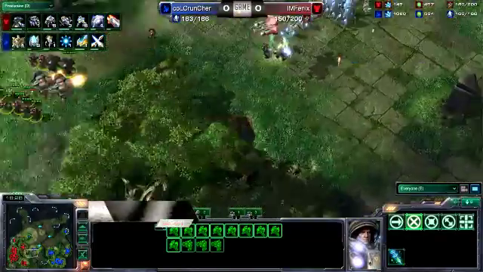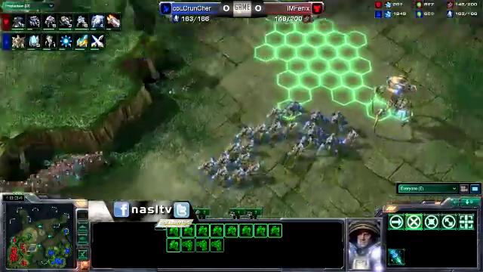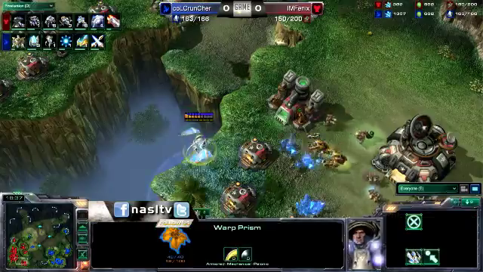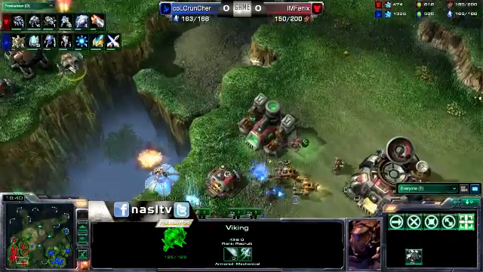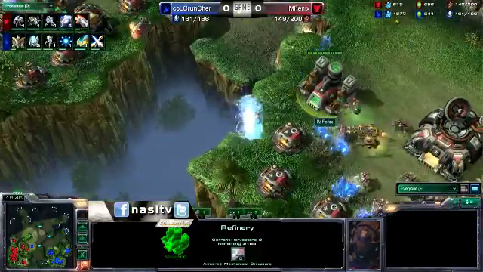Marines and Marauders are grouped over here. Does he have the means to stop this, actually? I don't see any Vikings around here. This can be very dangerous. Again, with the Warp Prism being so annoying, these 2 Vikings will finally start to catch this. 1 Dark Templar will warp in. He might actually just go...